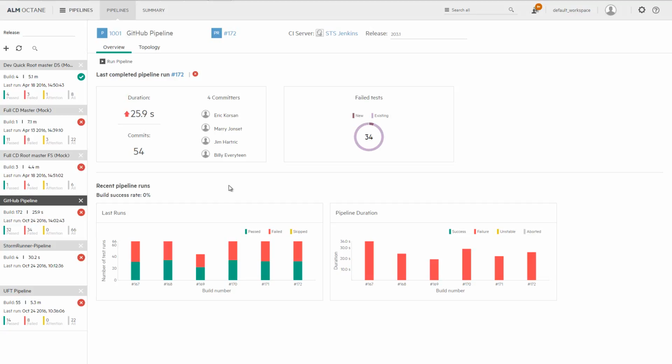Octane also collects source code information from pipelines and connects this with backlog items and with users in ALM Octane. So apart from reviewing build results and test results, you can get information about source code changes. If we look at a particular pipeline run